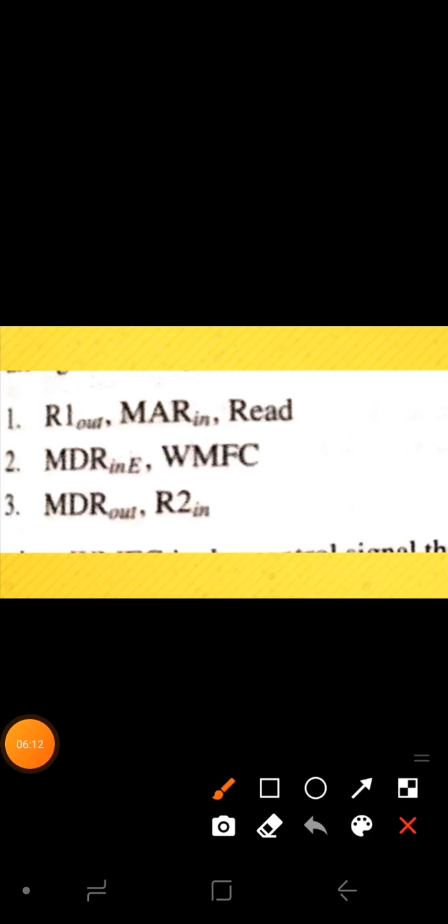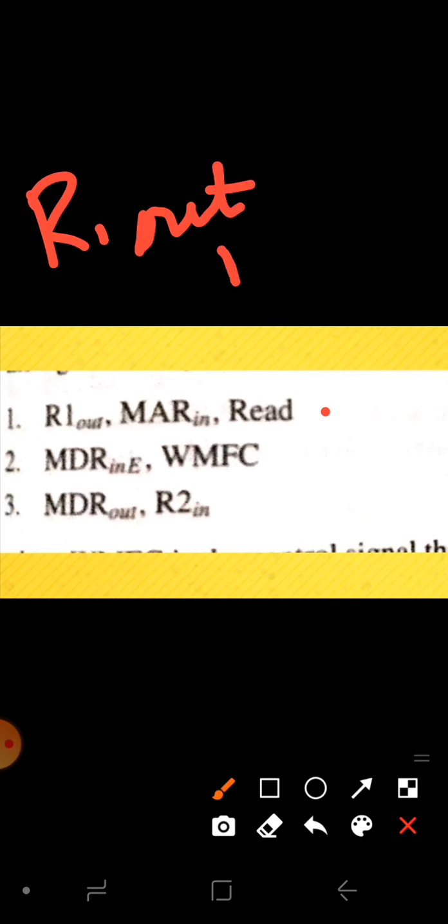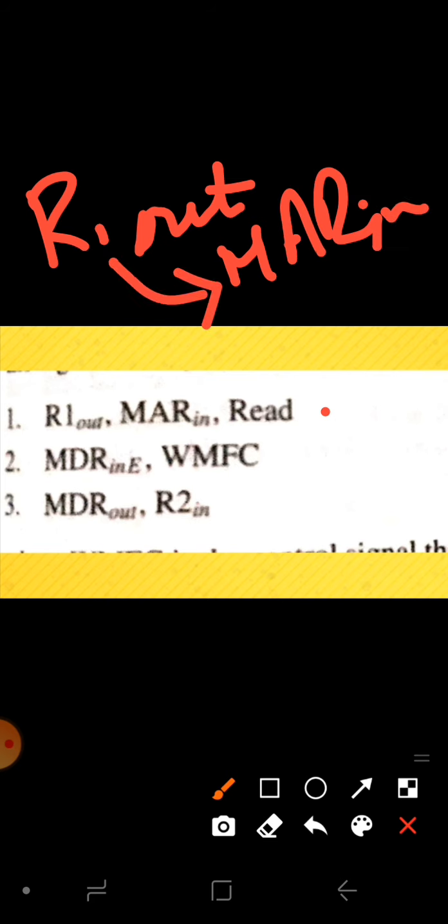So now the same steps of actions what we have written in the previous, that is in the 5 steps what we have shown, we will rewrite by using the signals, right? The different signals what we have will just be activated, and we will write these 3 steps. Like the first step, what we have shown in the previous, first from R1 you will be loading into the address, then you will start a read operation. That is what we have written in the first step, that is you will be activating the signals R1 out, MAR in, and read. That is from R1 you are sending your address to the memory address register and you are initiating a read operation.